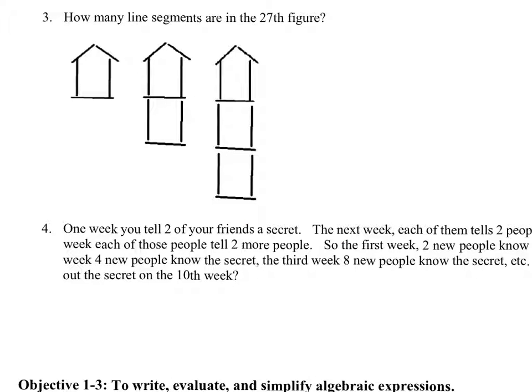For number 3, a good way to start is to look and see what we're adding every time. So it appears that we're adding 3 segments each time. You can see that in the third figure. And if we even go back to the first one, if you think of the initial part as being the 2 on the top, then you can see we're really adding 3 right away to the 2. So that can help you come up with an algebraic expression for the number of terms in there. Also, you might look at the figure number